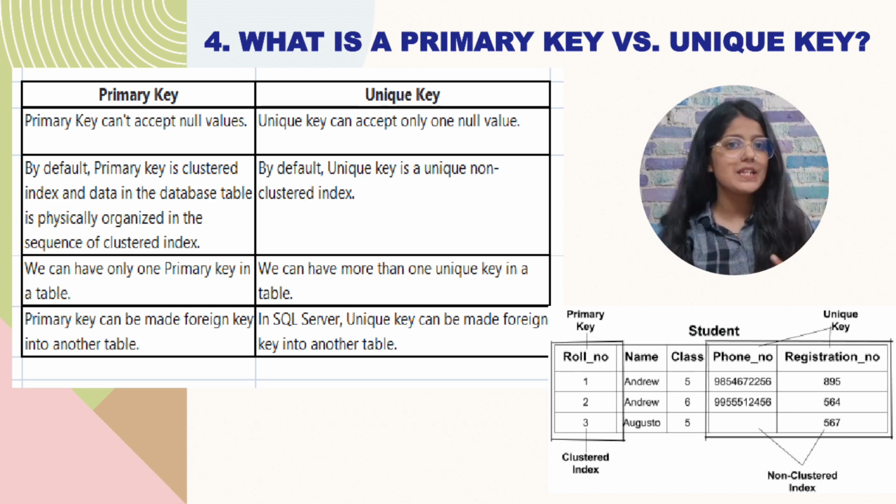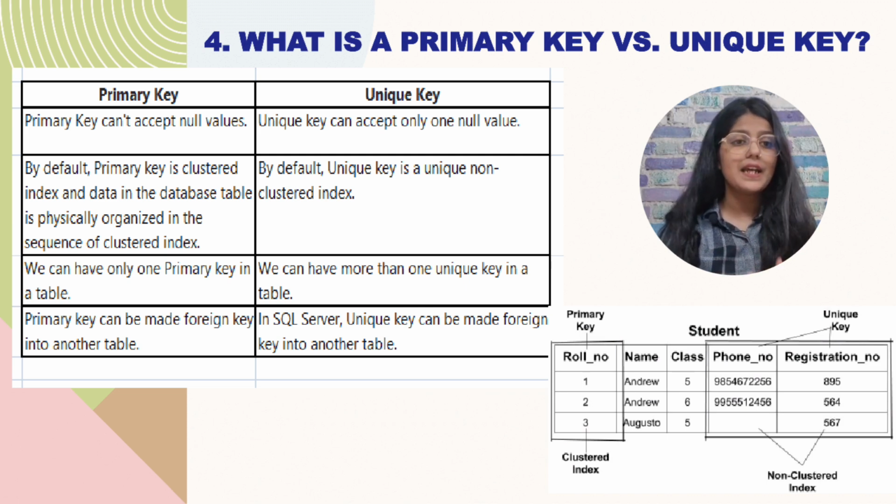A primary key is used to uniquely identify each record in the table. It cannot have a null value and must always contain unique values. Each table can have only one primary key. On the other hand, a unique key also ensures that the values in the column remain unique, but it allows one null value, and the table can have multiple unique keys, whereas a table only has a single